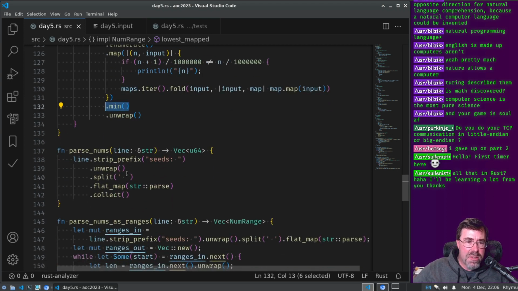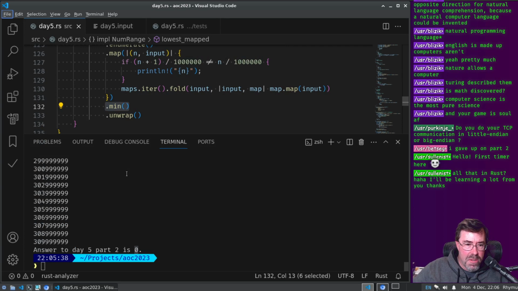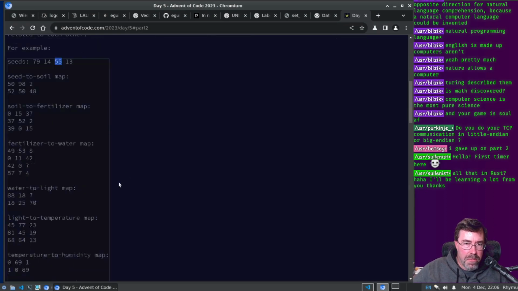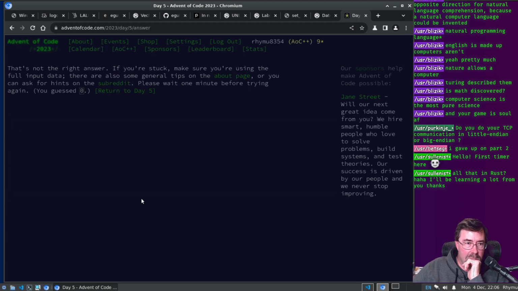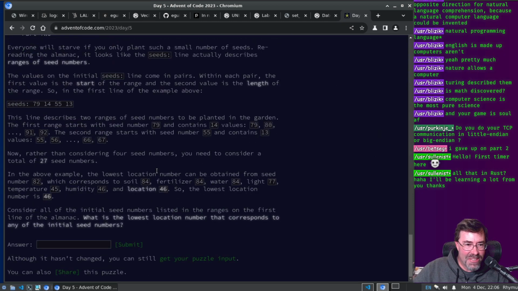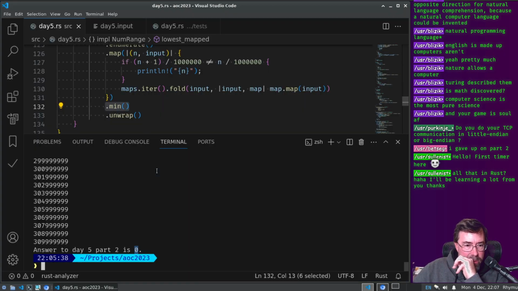Wait, the answer can't be 0, can it? Actually, it could be 0. Wouldn't that be funny if the answer was 0? Nope. It's not 0. Okay, so I have a logic mistake in there somewhere.